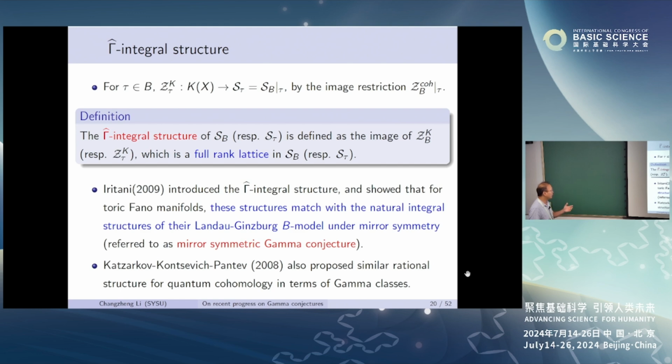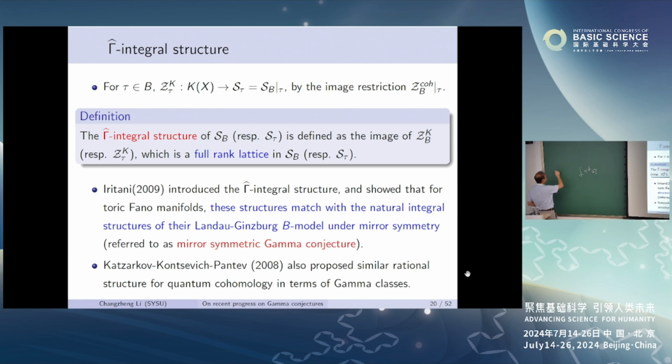That means if you consider other Fano manifolds, then the A side gamma integral structure should match with the B side, even though I didn't talk about the B side structure yet. So anyway, the object is something like the superpotential F, and this is the volume form. So there is a gamma. For instance, for gamma conjecture 1,